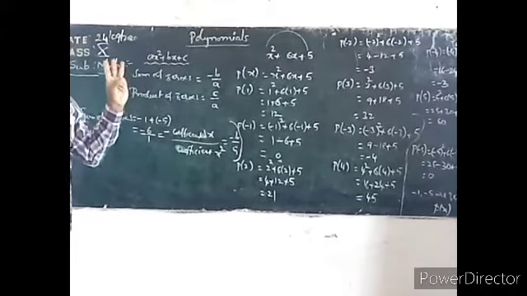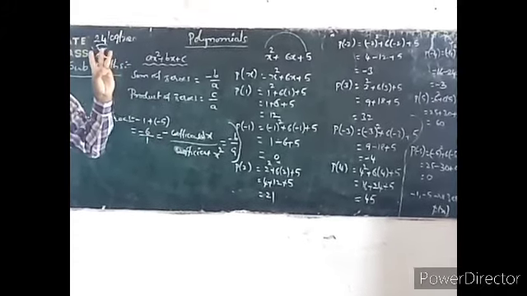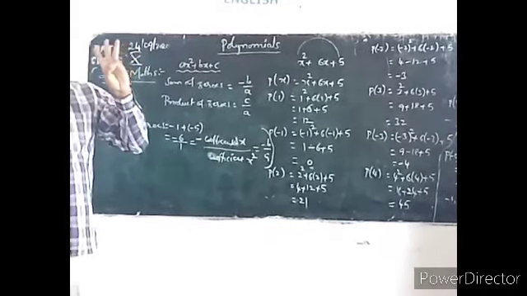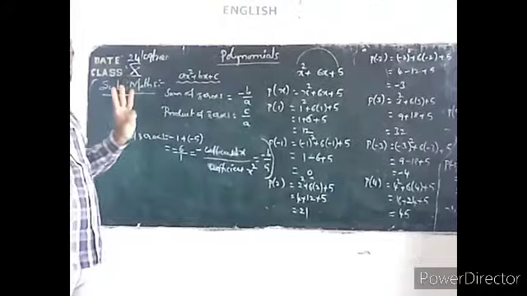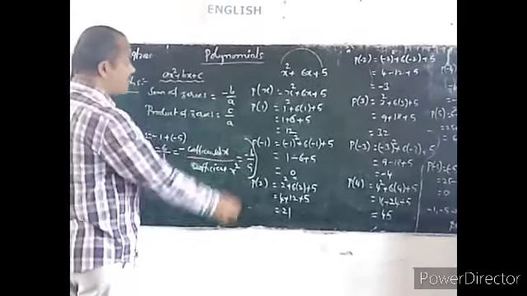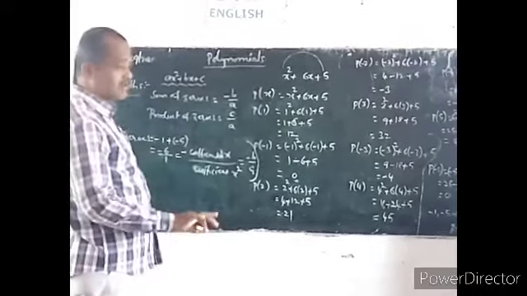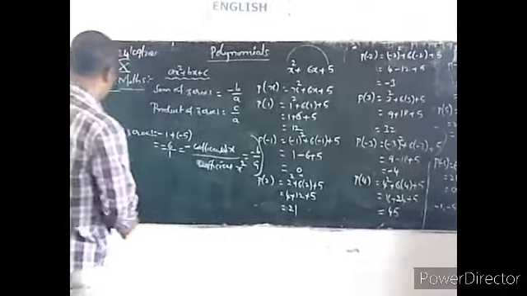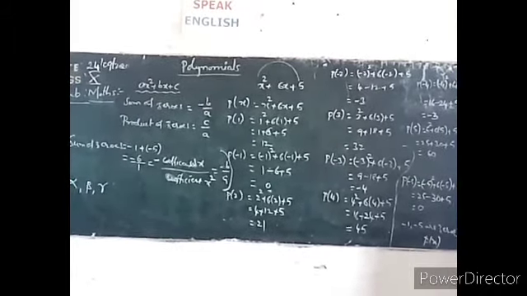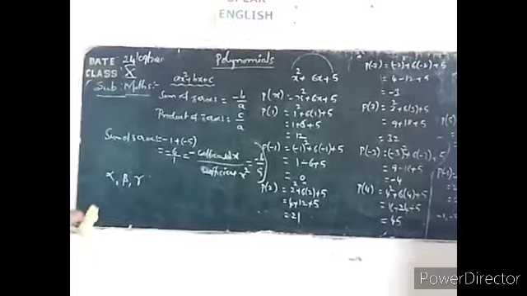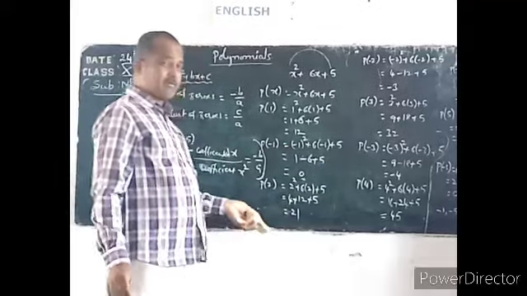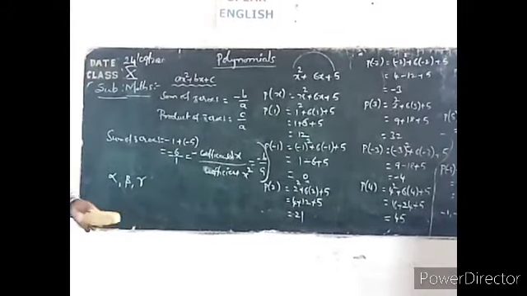For cubic polynomials, how many zeros will exist? We will get 3. Cubic expressions get 3 zeros. In general, these zeros are denoted by alpha, beta, and gamma. So, we may write the expression. Sometimes you have to write it if zeros are given.